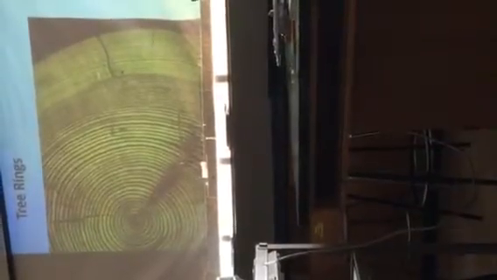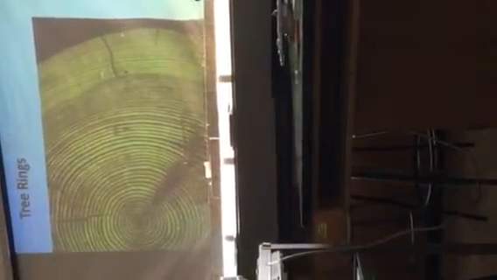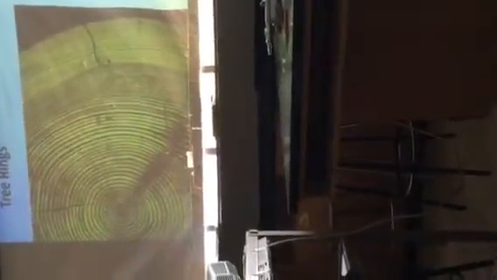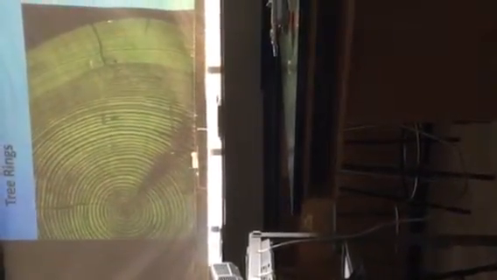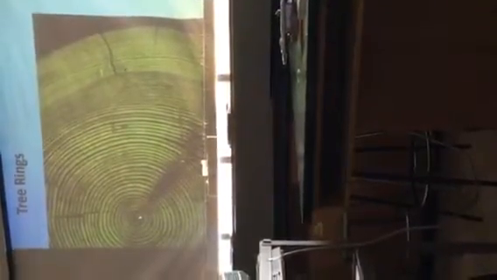So in this one, these rings are so close together that somebody used a microscope to count them for us, and they're telling us that if I counted from the outside to here, that's 550 rings. And then I could keep counting and I'd find out that this tree is about 598 years old.